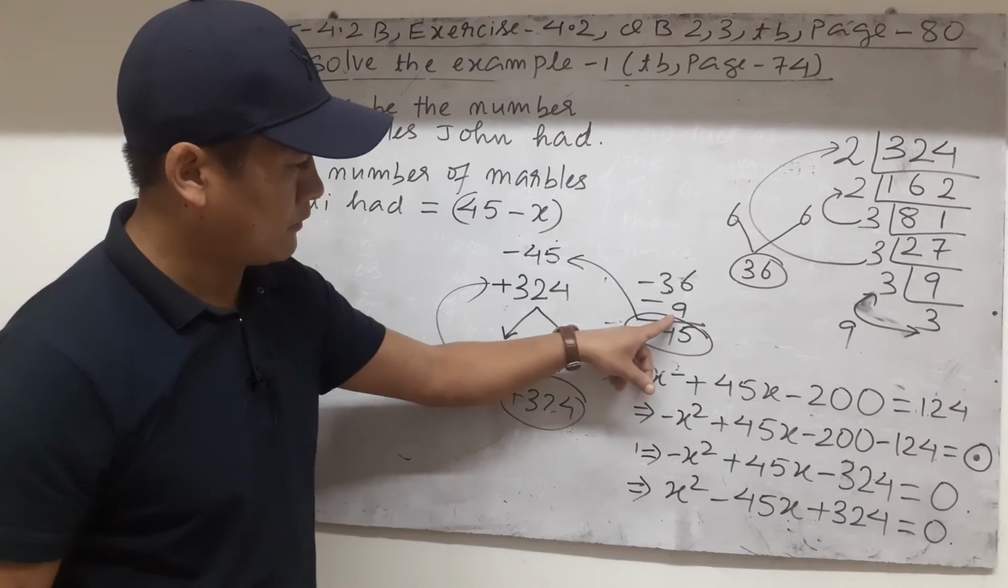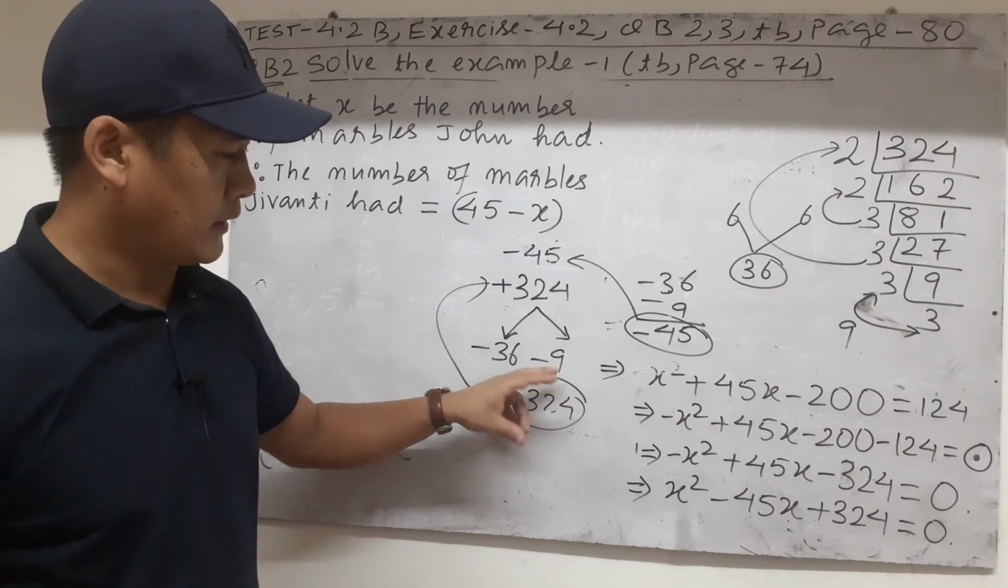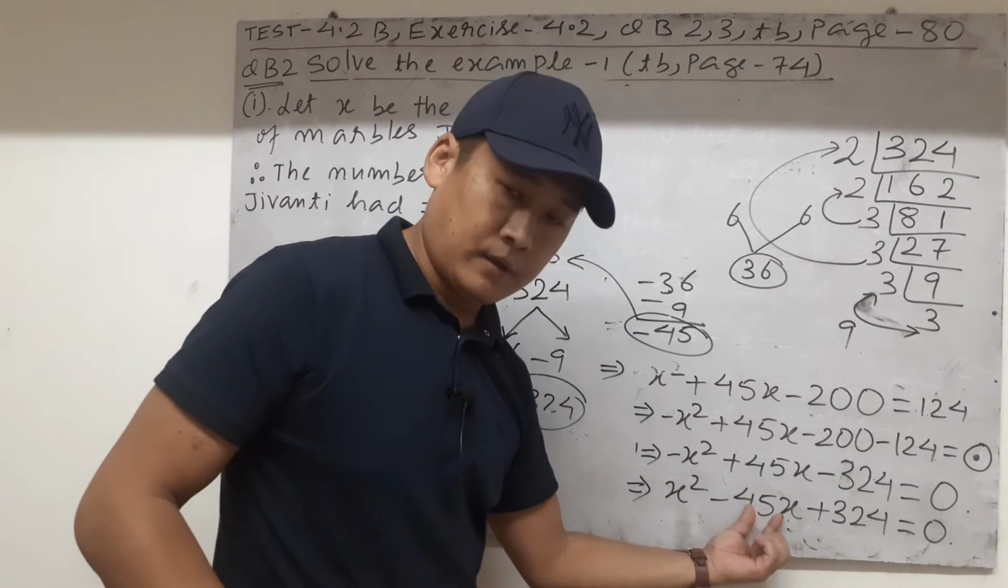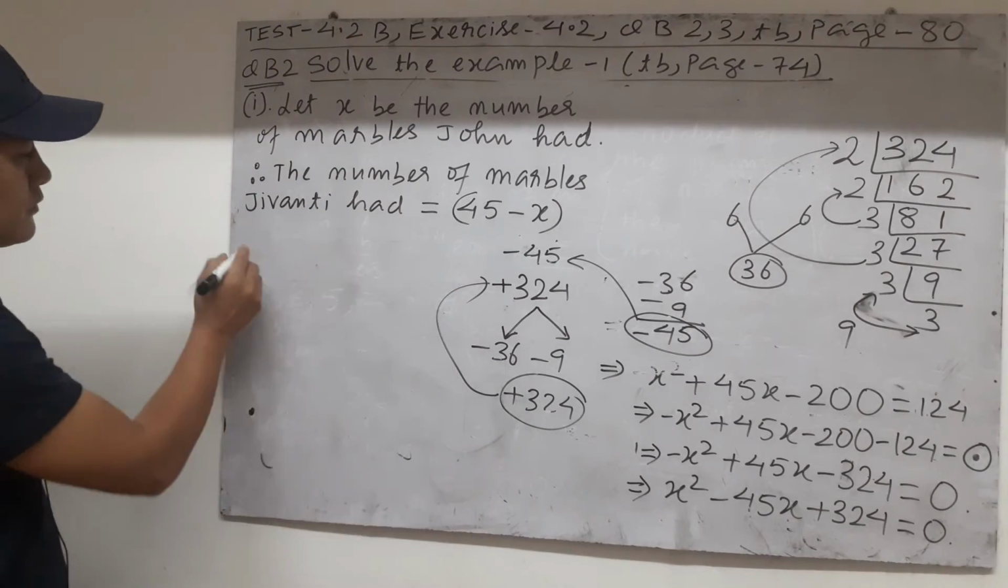When we add, we're getting minus 45. So minus 36 and minus 9 are the correct factors to split minus 45 here. So let's do that. You can write these things on your graph. So that implies